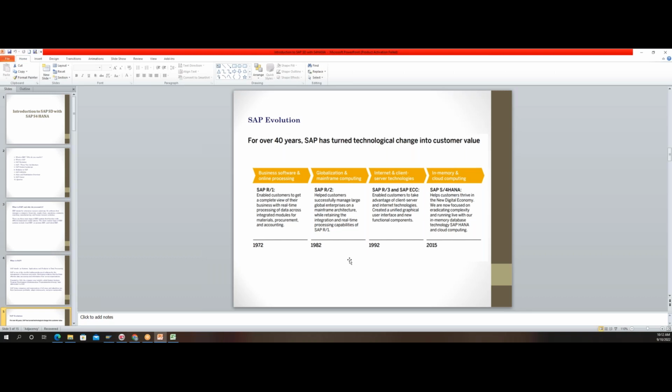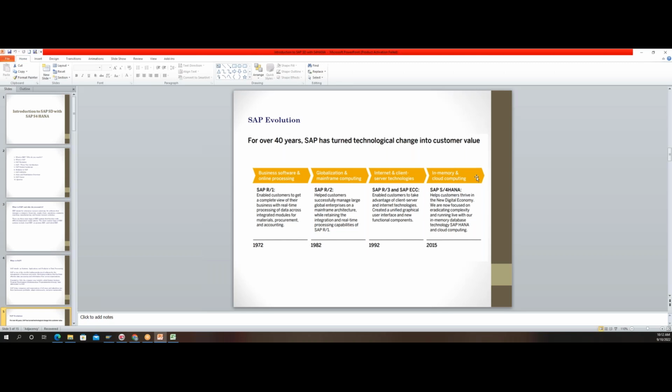Okay, now let's understand how the journey of SAP started from 1972, how it is continuing till today, and where we are on this journey. This is a previous PPT. As per this PPT, the year is 2015 when this was delivered. Now things have changed, and we are in 2022. So 1972 to 2022 is as good as 50 years of SAP journey.